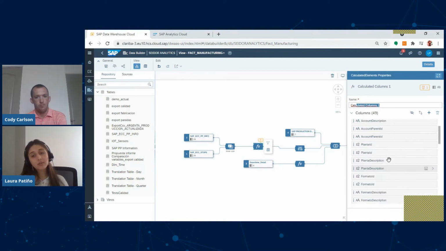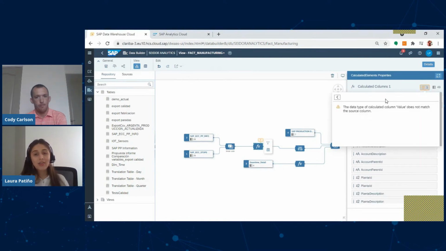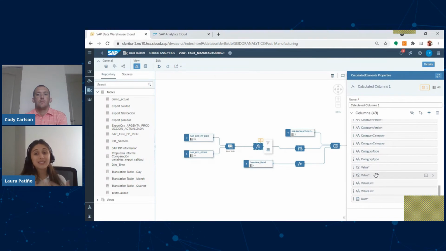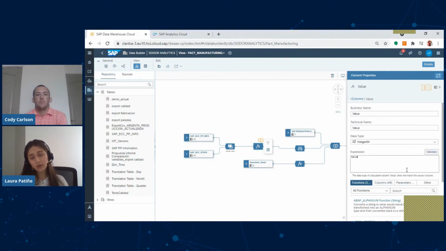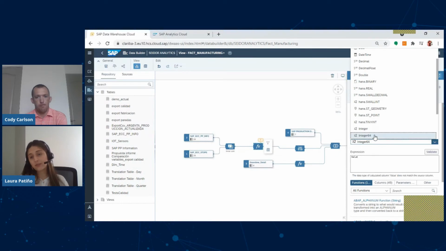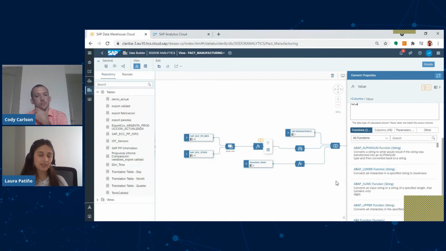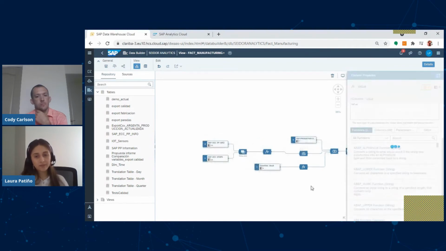In this function capability, we can change the data types of the information that is there, so you can start transforming your data. In this case, for value, I'm going to show you the different data types I have. So I will just change that from integer 64 to just integer, and you can validate your data and it will correct you if it's the case or if it's not.